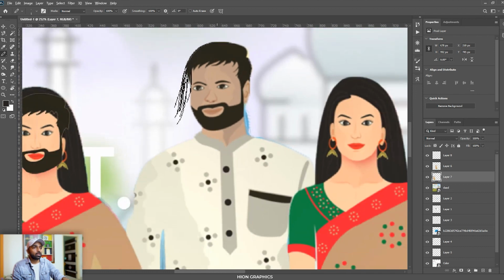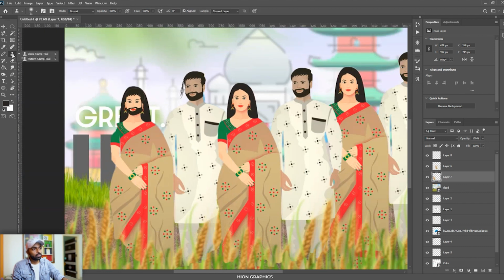Okay, coming to the stamp tool, if I press the plus icon and I press this, you can see this. You can sample it using a clone tool.